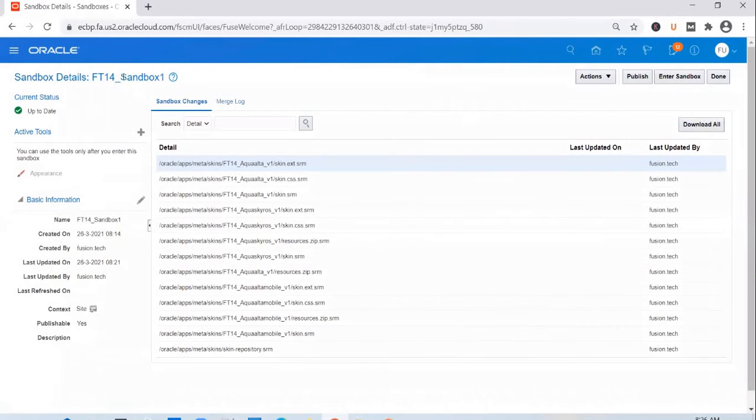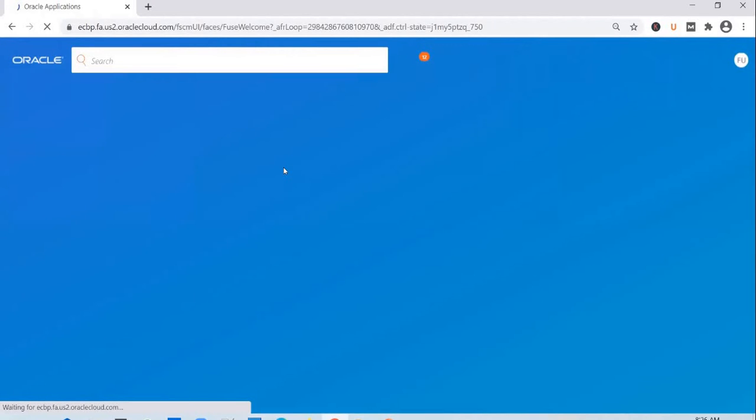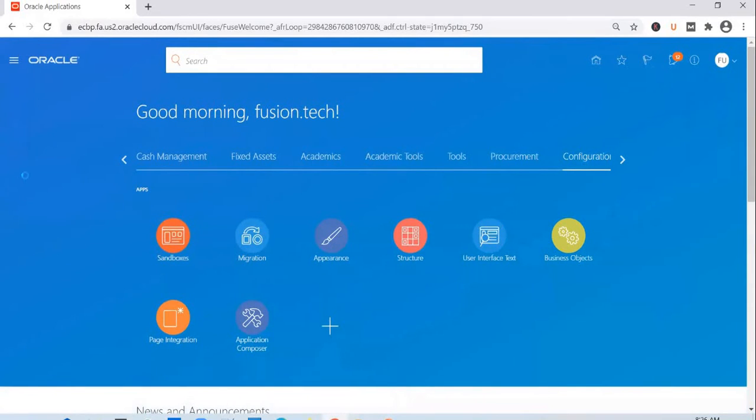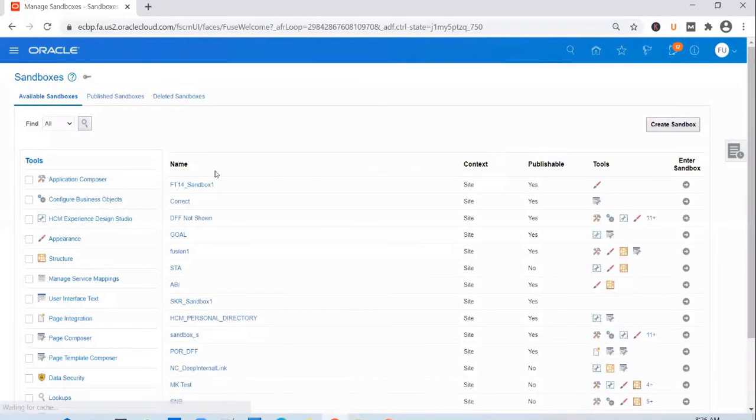So when you pass on this name to the functional consultant or a testing team, what they do is they come into this screen. They search for the sandbox name that you have given them. I think it has taken me back to the home page for the sandboxes. Okay, they will select the sandbox that you have told them, and they will enter the sandbox.